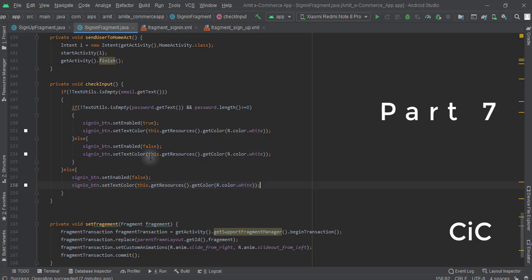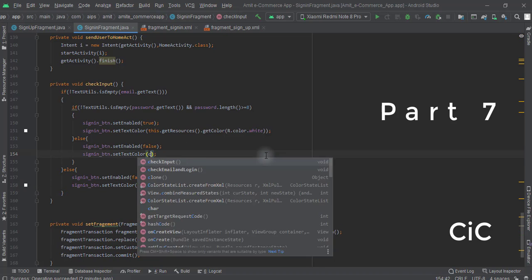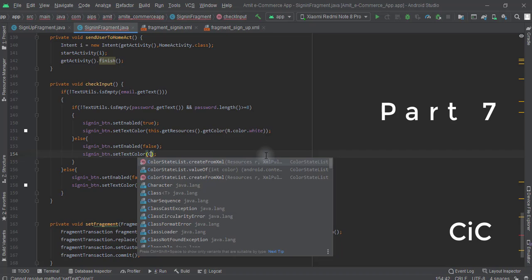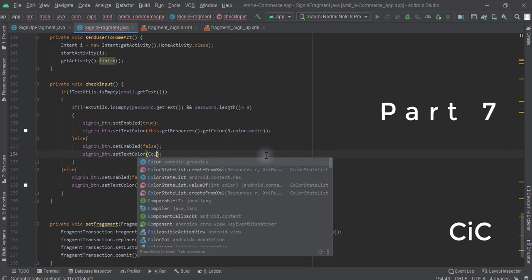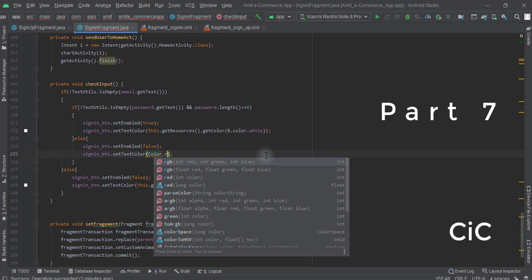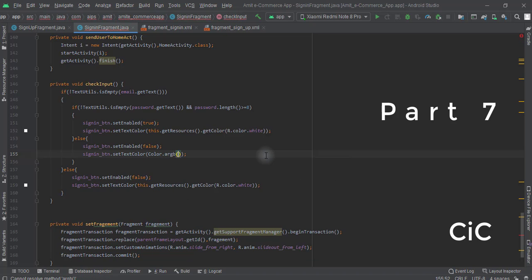Now in the false case, we have to define the color ARGB. So color dot ARGB, and we'll pass 50, 255, 255, 255, and we'll copy this line and paste it in the else part.